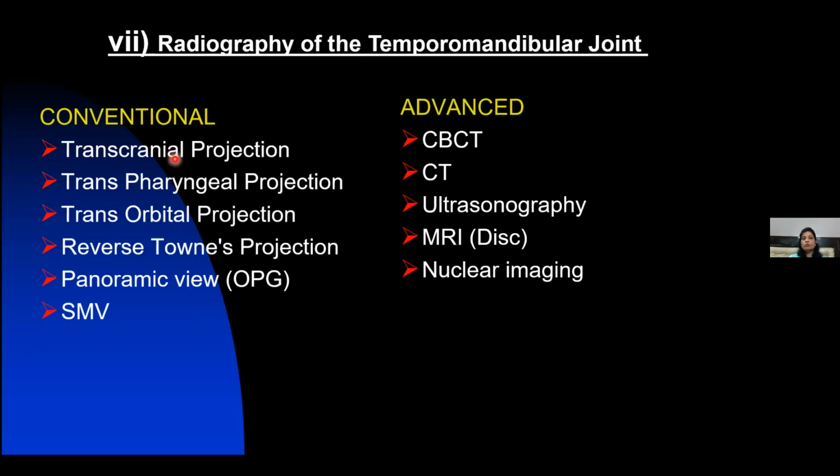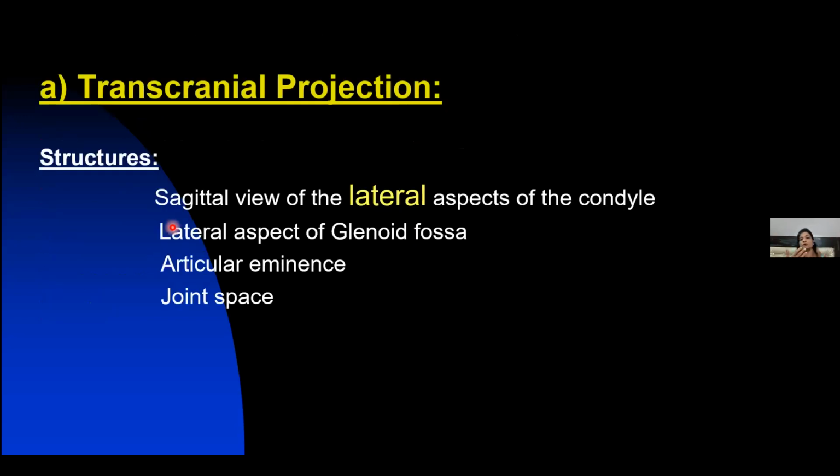So every view, like transcranial, pharyngeal, orbital, you can see the condyle in a different direction, right? So that's what you have to know. Which will show you posterior anterior direction, which will show you medial pole, which will show you the lateral projection. That is what you have to know. That's it, and you will not be asked more than that. Okay, I will tell you the positioning, but till now there is no question on positioning. On indication there are lots of questions.